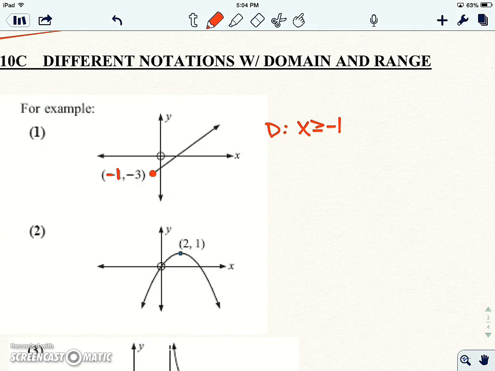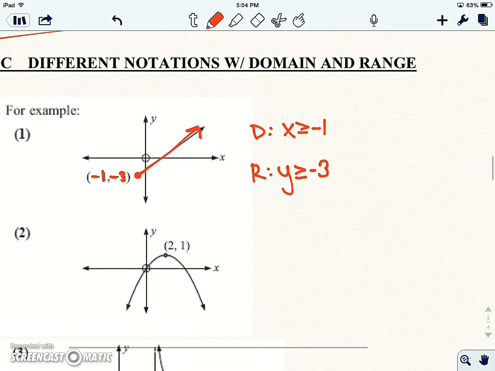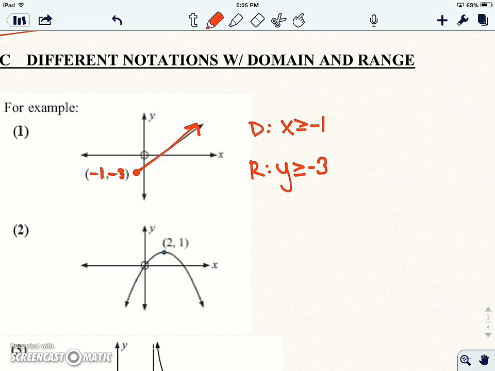Okay, for the range, in this case, the lowest it is is -3, and then notice it's heading up. So my range is y is greater than or equal to -3. So that's kind of the standard notation, but in your secondary classes you may have seen interval notation, which is what IB likes. So interval notation would say we're starting at -1,